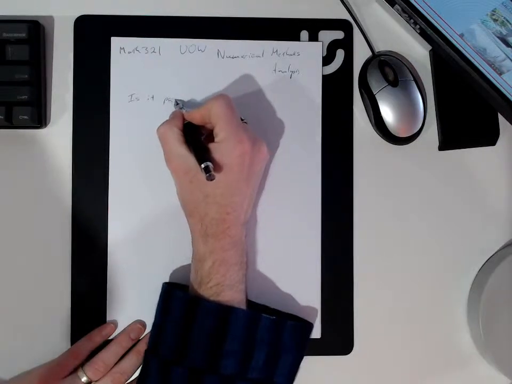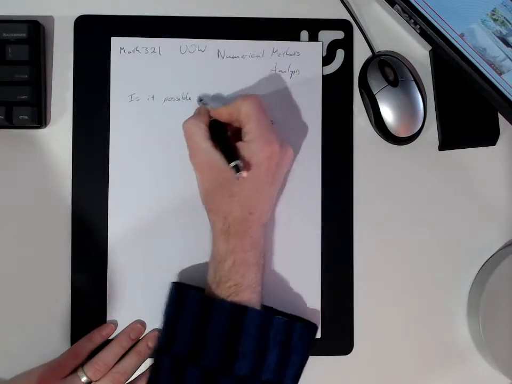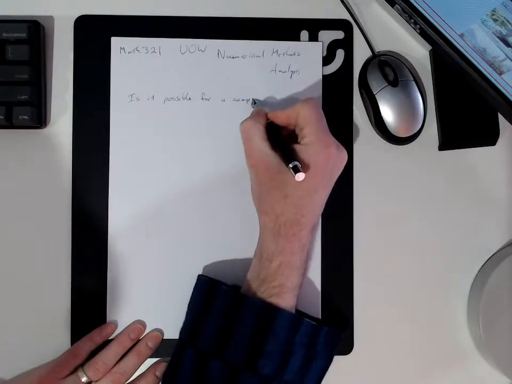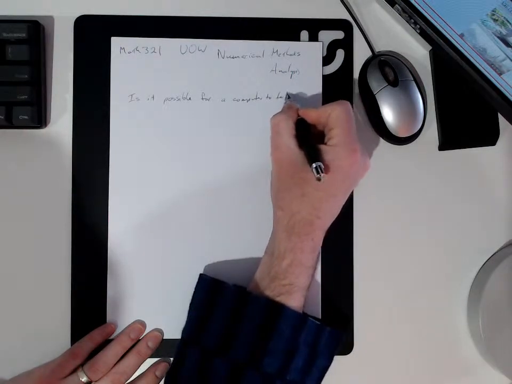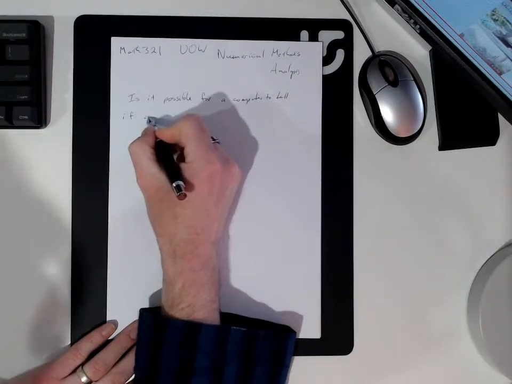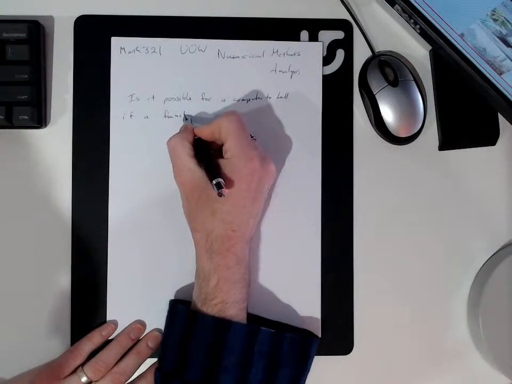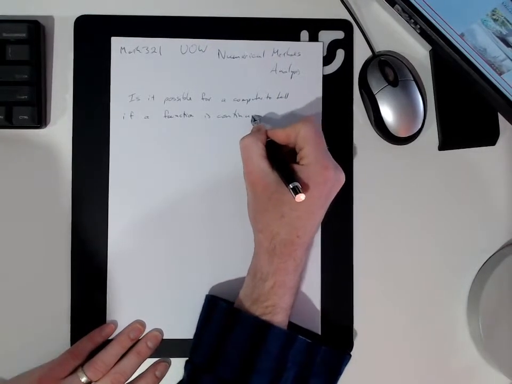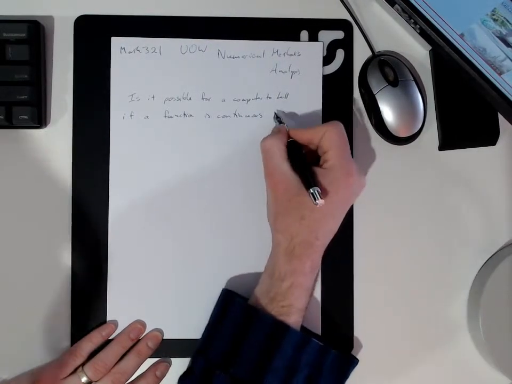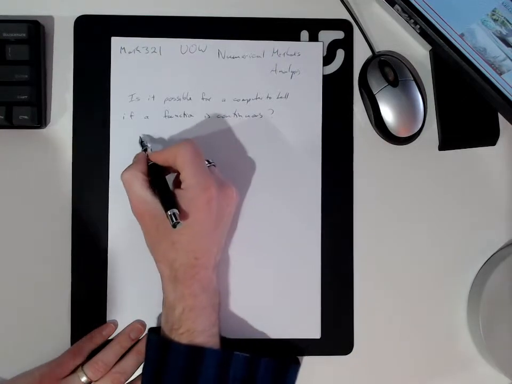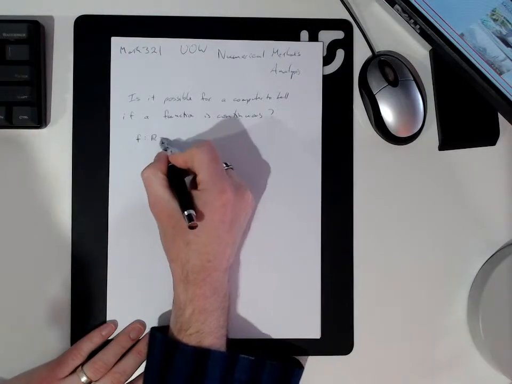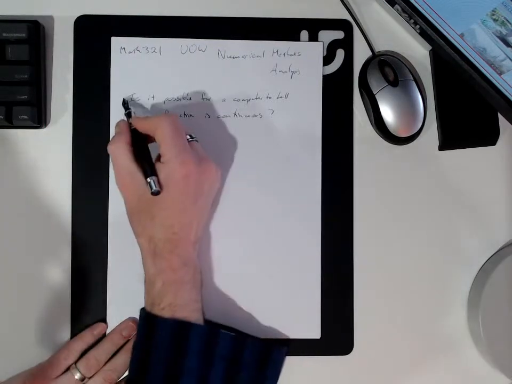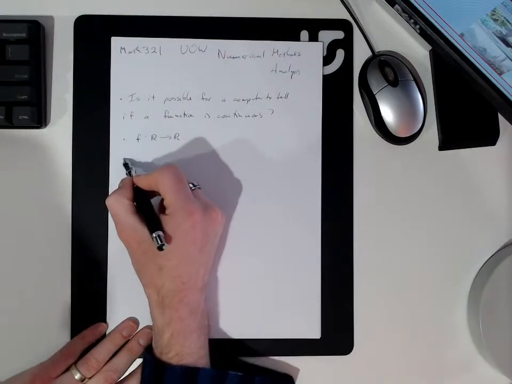Is it possible for a computer to tell if a function is continuous? In this particular case I mean a function from the real numbers to the real numbers, and of course the definition of continuity